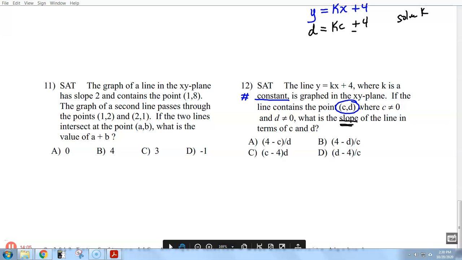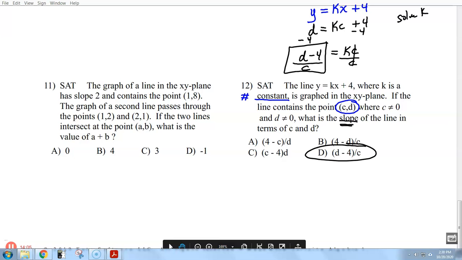So to get k by itself, first I'm going to subtract the 4 from both sides. And then to get k by itself, I need to divide by C. And it looks like we have D subtract 4, all divided by C. Correct answer is